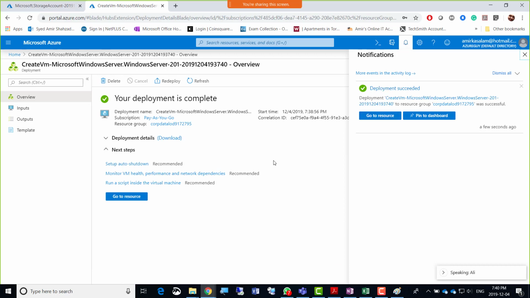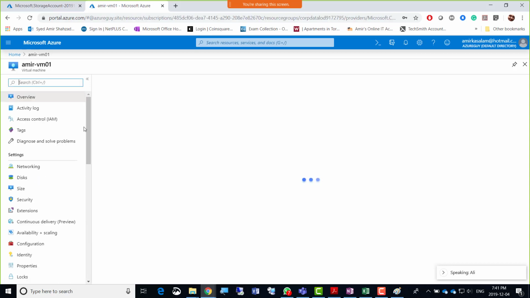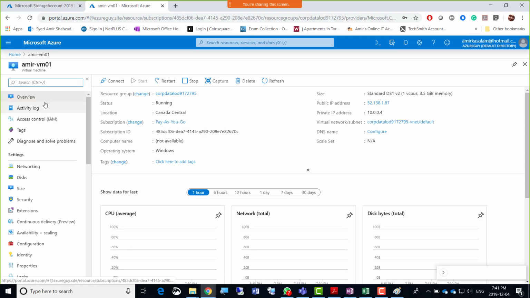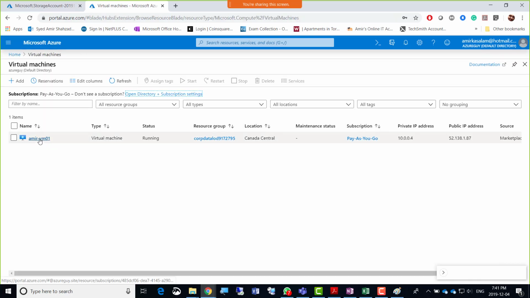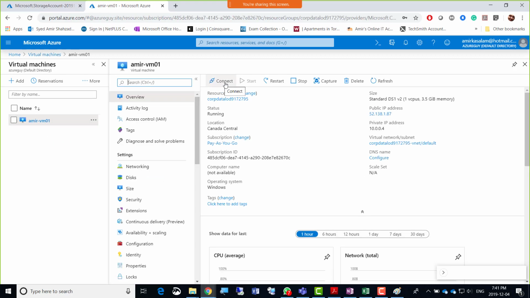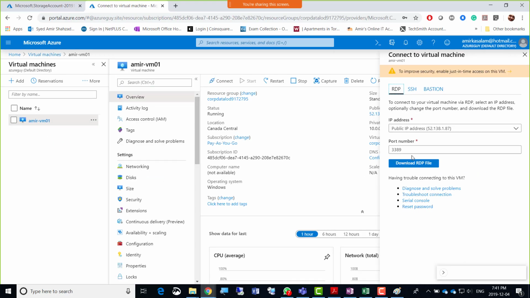So here, the virtual machine is created. Once you have waited for that and bugged some other guy who's giving a Cisco or some other CISSP or CEH exam, your machine is created now. So you can just go ahead and go to the resource here, and then log into that machine. I just went from the left side to virtual machines, and there's the virtual machine. I go inside the virtual machine now, click the connect button here, and then download the RDP file.